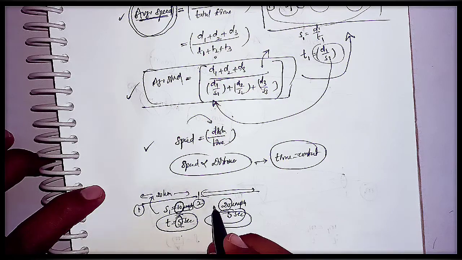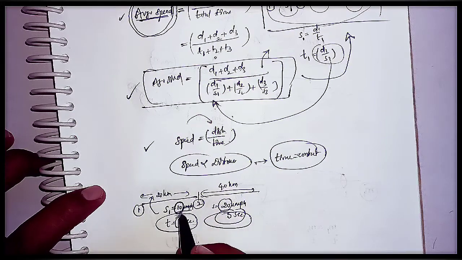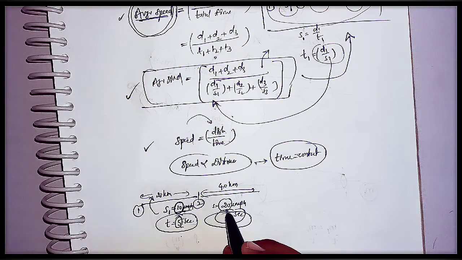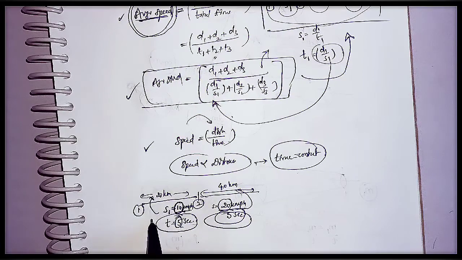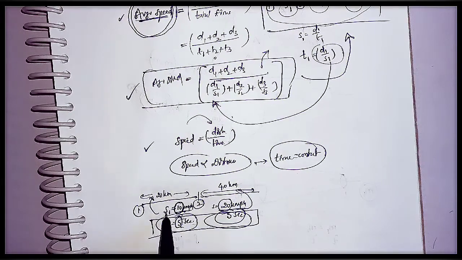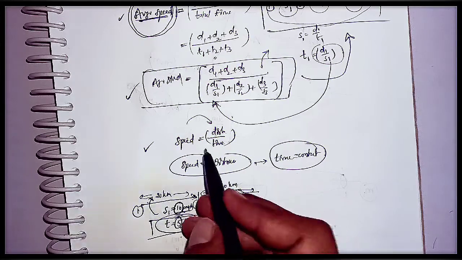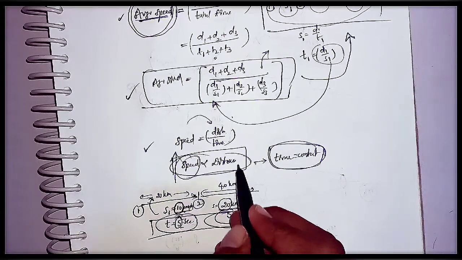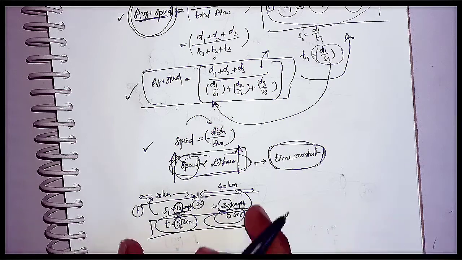But if we increase the speed to 20 kilometer per hour, it's double. Then what will happen? He will cover 40 kilometers, because at 10 kilometer per hour he is covering 20 kilometers, and at 20 kilometer per hour he will cover 40 kilometers. That is, at the same time, with increasing speed, the distance covered will also increase. Similarly, if the speed is increased, the distance covered by this person will also increase. So this is the concept behind this one.